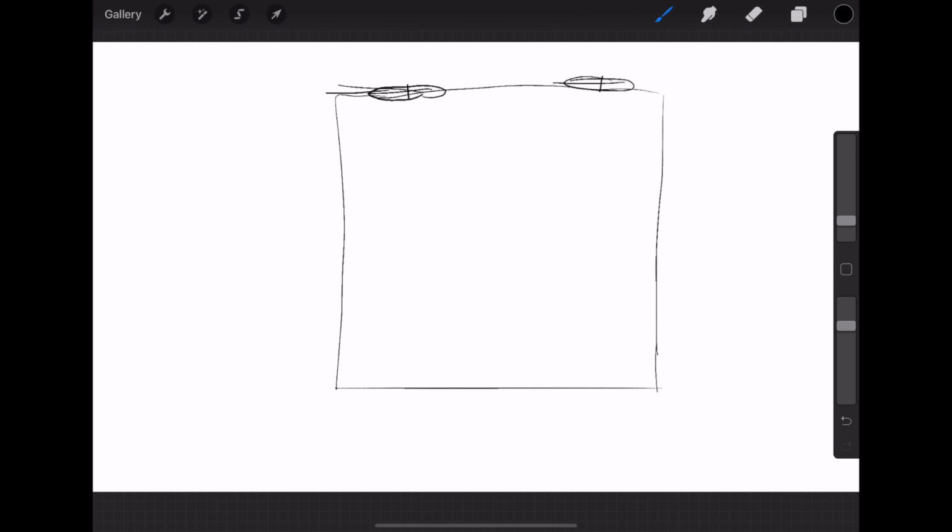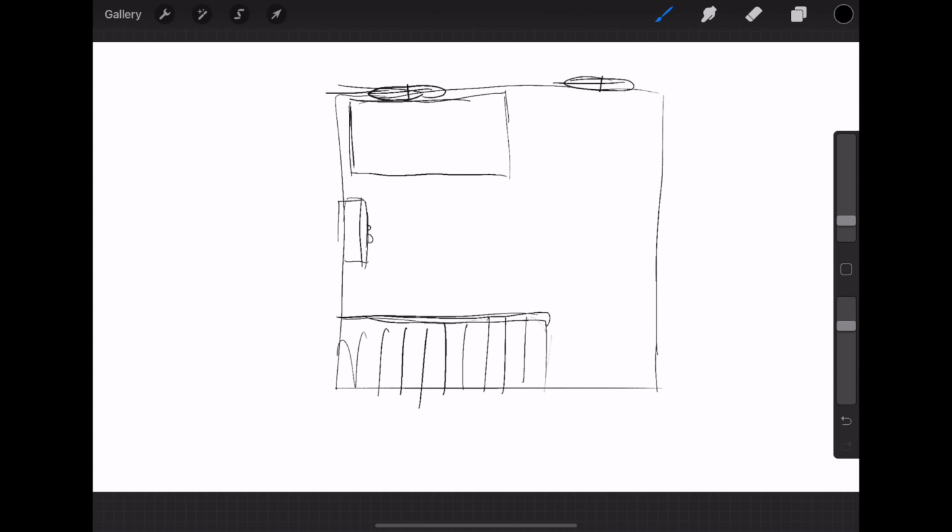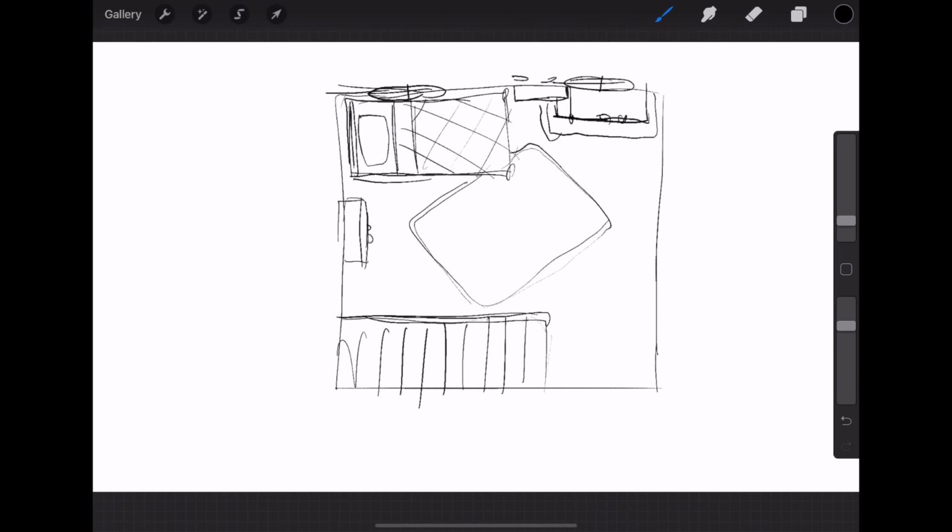So this hack is one that I think I have seen before. I don't remember where, but it reminded me that I had never actually tried it out. And it was one of those things I'd always kind of been curious about because this floor plan style really makes it easier to actually plan out where everything is in the room, but I'd never really found a way to make these floor plans translate into a more three-dimensional, nicer illustration,